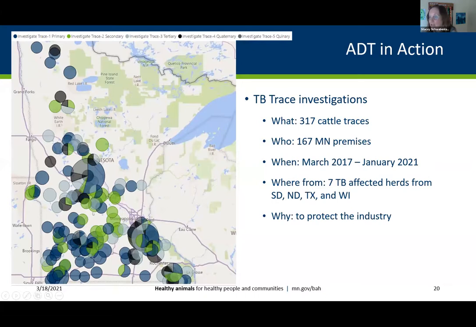So this just gives you an idea of the importance of tracking official ID when needed and having really good records of knowing where you get your animals from and where you sell your animals to. Because the better records we have, the more information we have, the more quickly we can get a hold and get our arms around these disease circumstances and be able to eradicate or control disease more quickly. And we can't do that without all of your help.